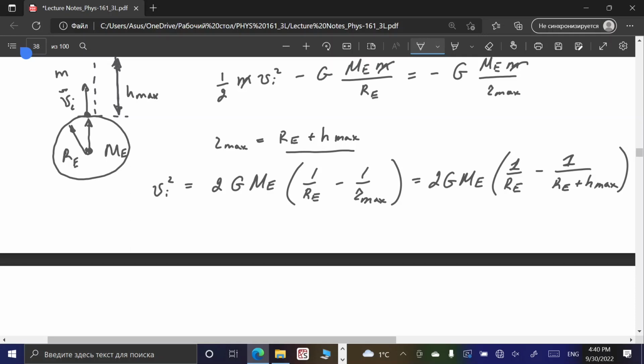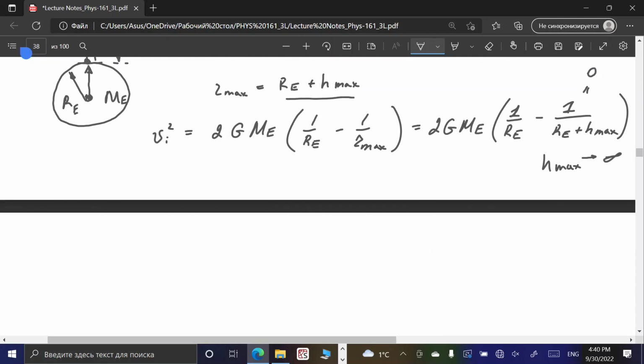Then this term with H max in the denominator will approach zero. So if H max approaches infinity, then this will be zero. So what we can write now, that V escape will be equal to square root of 2G times Me divided by Re. So that is the escape velocity